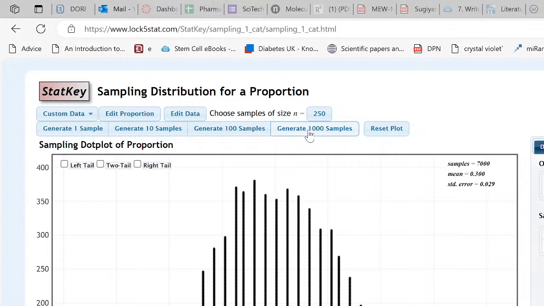Now, let's do even something more fun. How do these numbers compare with what they theoretically should be? This one should be the square root of 0.3 times 1 minus p, that's 0.7, over 20. This one should be at least reasonably close. 0.3 times 0.7 divided by 100, and this one should be 0.3 times 0.7 divided by 250. That's what these numbers should be, or again, reasonably close.